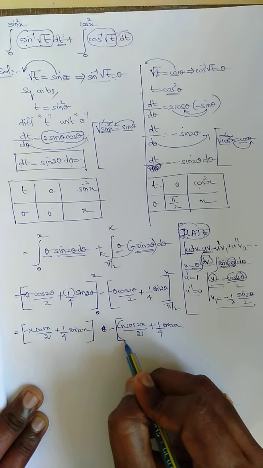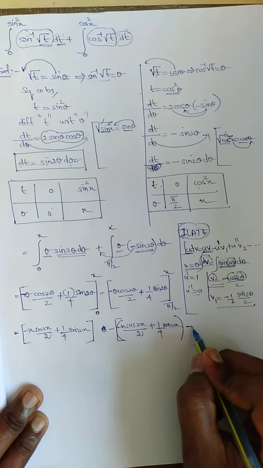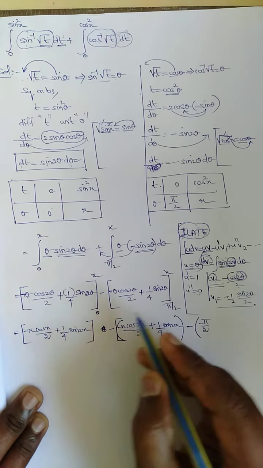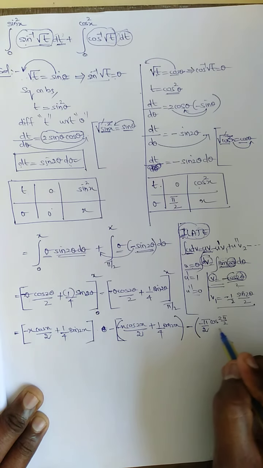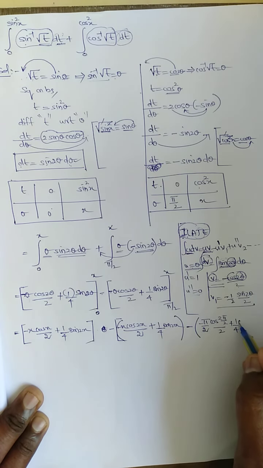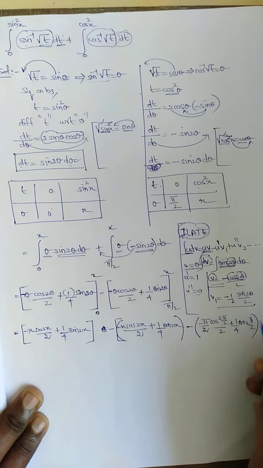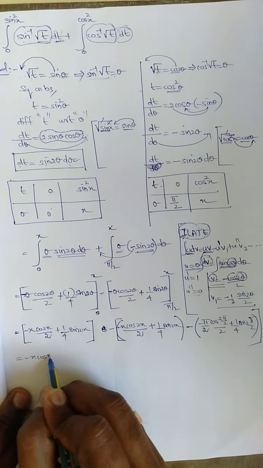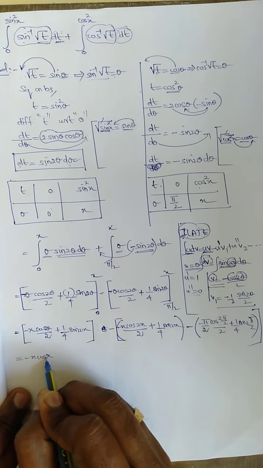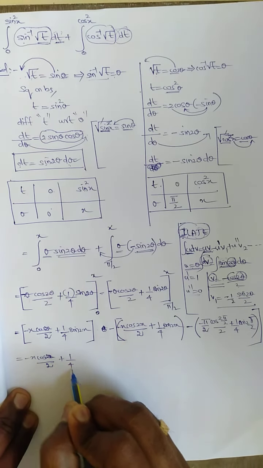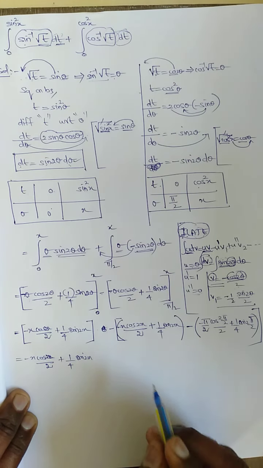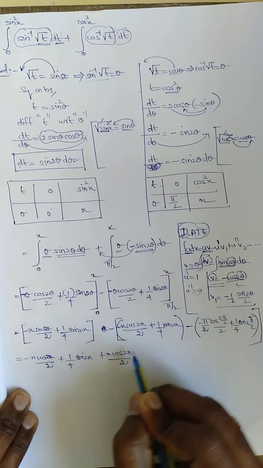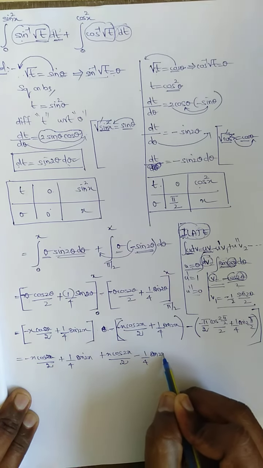This is upper limit. Here lower limit is pi by 2. I need to apply pi by 2. No other way. Minus of pi by 2, minus of pi by 2 cos 2 pi by 2 divided by 2 plus 1 by 4 sine 2 pi by 2. Upper limit minus lower limit. So next, if I going to see minus x cos 2x, this is 2x, cos 2x by 2 plus 1 by 4 sine 2x. Now you can multiply minus into minus plus, cos 2x by 2 minus into plus minus 1 by 4 sine 2x.